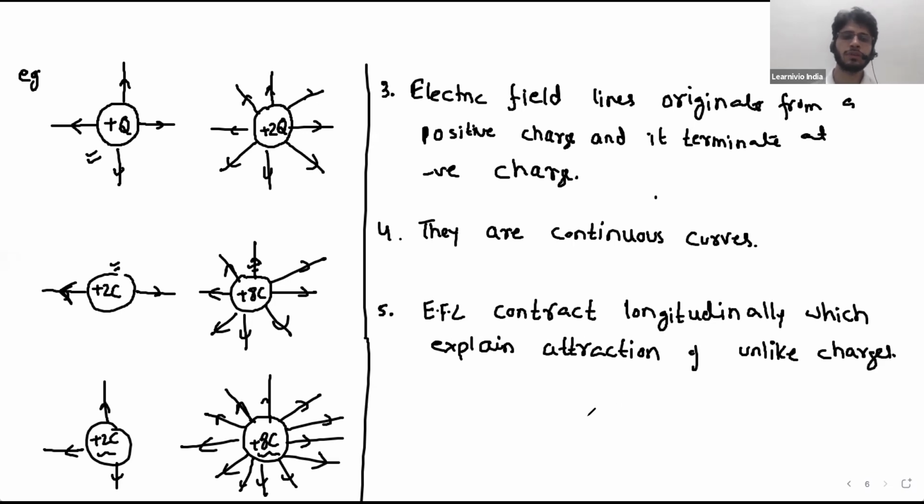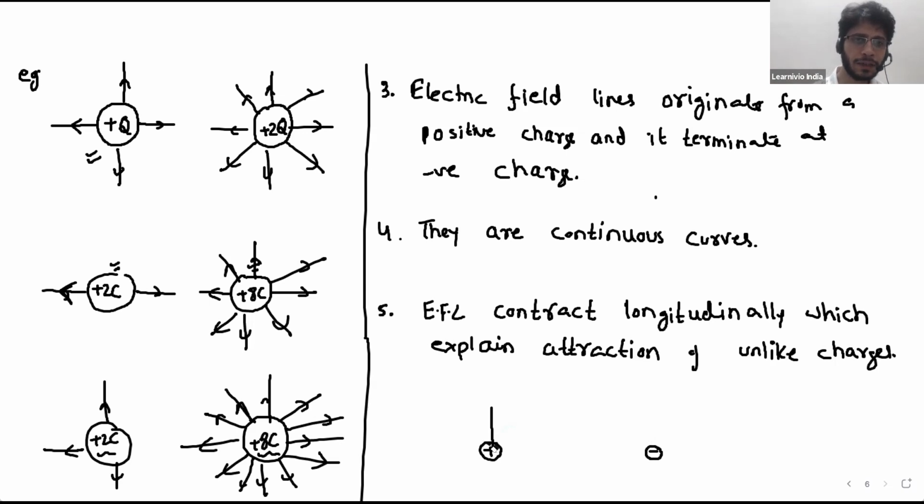See, basically what happens is if you have a single positive charge, just one single positive charge, that means there is no attraction, no repulsion. Your field line is straight. If you have just one negative charge, if I forget this positive charge, you have a system having only a negative charge, then again your field line is straight. So if you have isolated charges, means just a single positive charge or a single negative charge, then your field lines are straight. There is no modification.